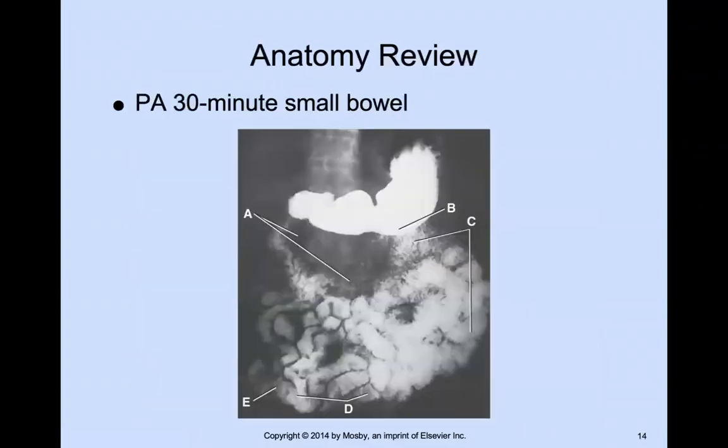And this is just some anatomy. So we know this is the stomach. We have air in the fundus. That means that my patient is PA. A would be the duodenum. G is going to be the